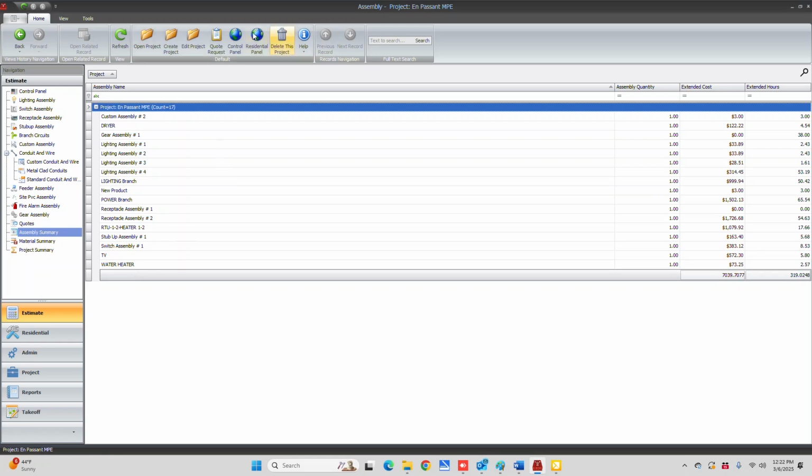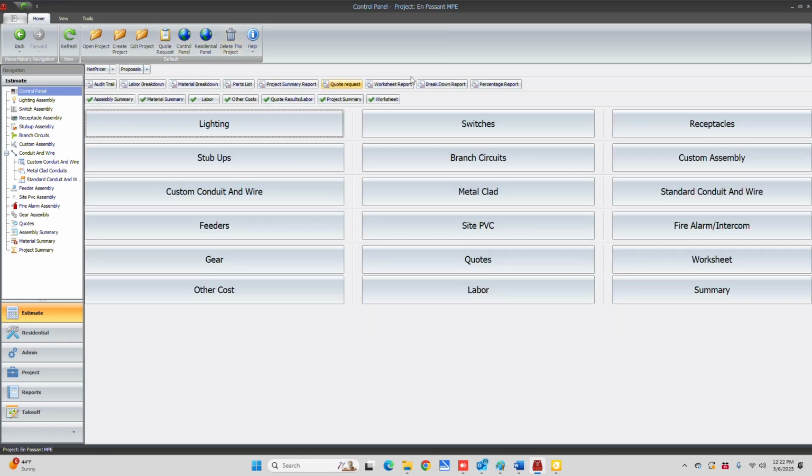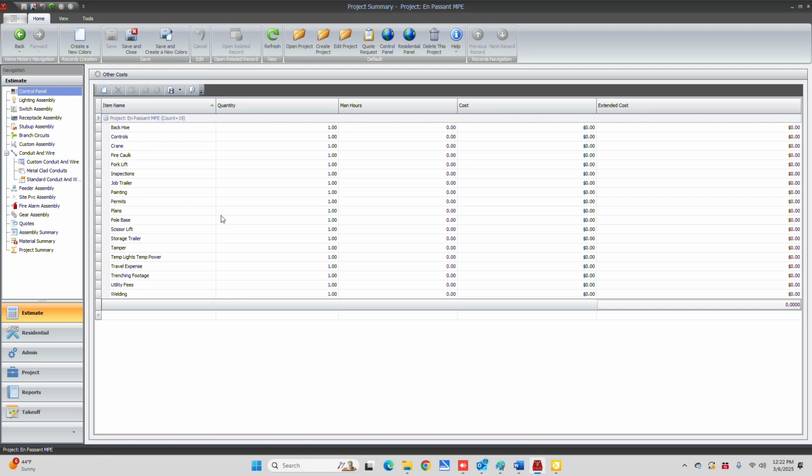So I'm going to go back to the control panel one more time. I'm going to open up other cost, and you would enter all your indirect cost here. You can add to this list. But if you have plans and permits and anything that you have, you can add it right here. Now, I want to explain, if you were doing plans,